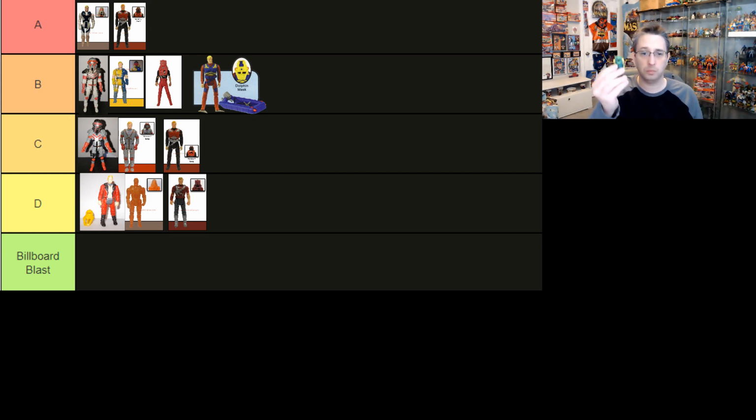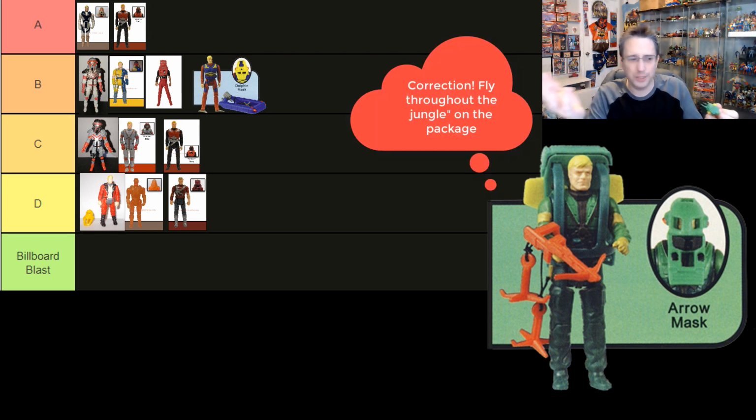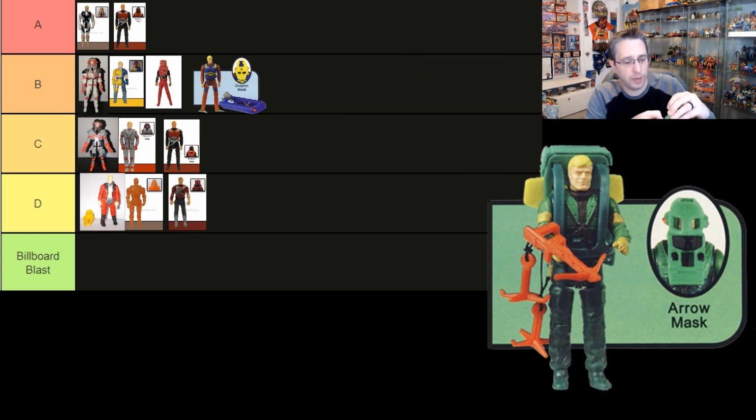Oh, just by happenstance. So this is a repaint of Spectrum with a new mask, the Arrow mask. This is Jungle Challenge. So you have this backpack on the figure, and it's a glider. There's nothing really on here that says it flies, right? I guess it does. But you have this glider on it that gives you the ability to not have to have a vehicle, the same as Dolphin Matt-Trakker,